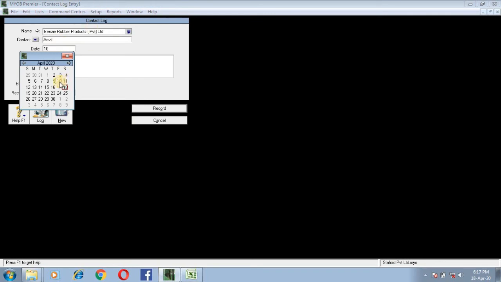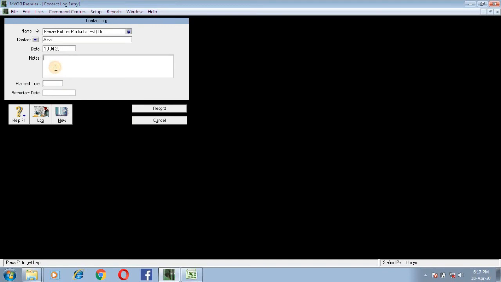By pressing the space bar, anytime you can take the calendar. If MYOB is asking for the date, you can press space and bring up the calendar, and you can select. I selected 10th April, and you can put a note, asked about the payment.